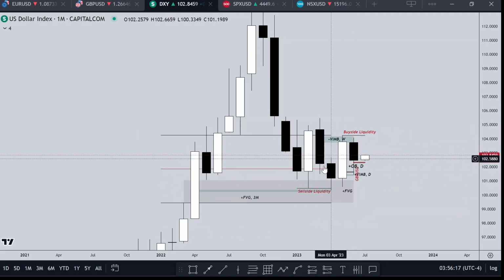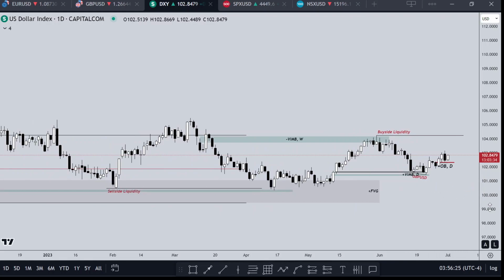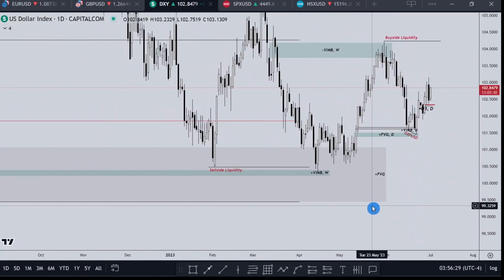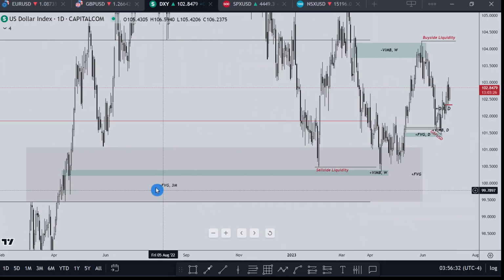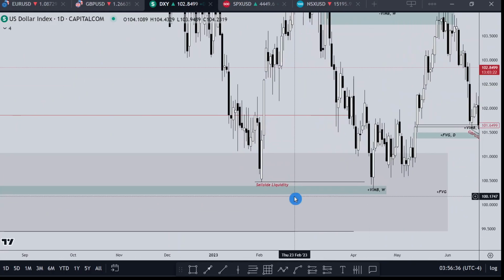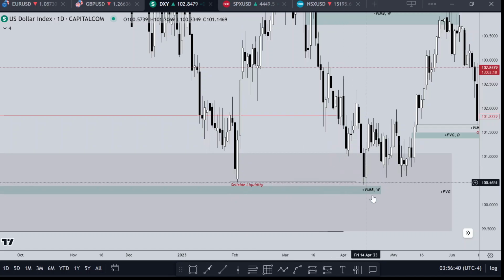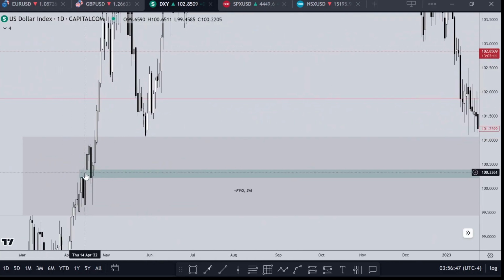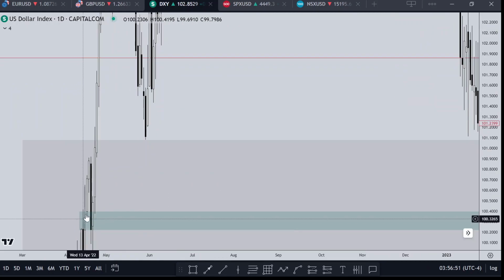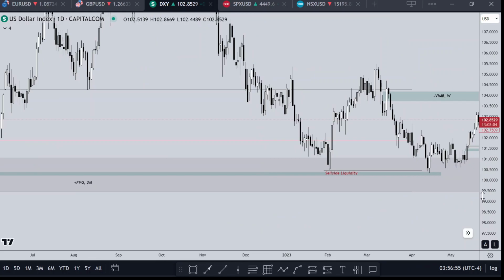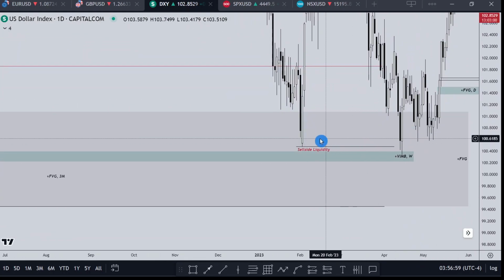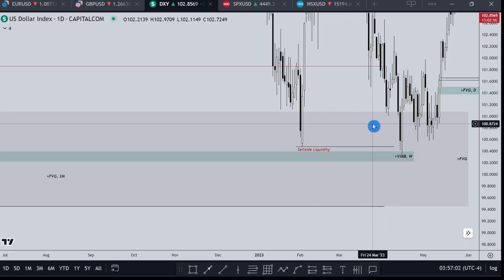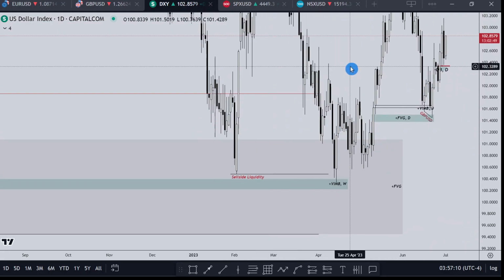Now we can look at this price action here on the daily time frame. Looking at the daily time frame, we can see that as price came into the 1-month fair value gap and then the 3-month fair value gap, it took sell side liquidity below this old low right here, and also into this volume imbalance. You see that open space, that's a volume imbalance. It also reacted from it and gave a very nice rejection to the upside after clearing the sell side liquidity inside a monthly and a 3-month fair value gap, and also inside this volume imbalance, and then went up,